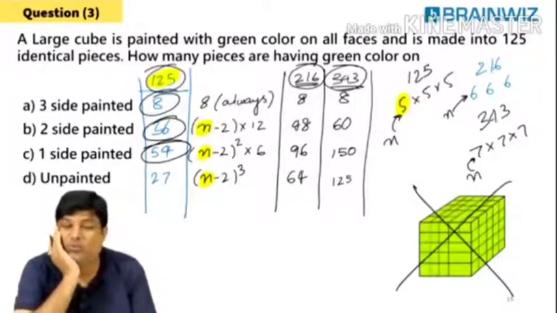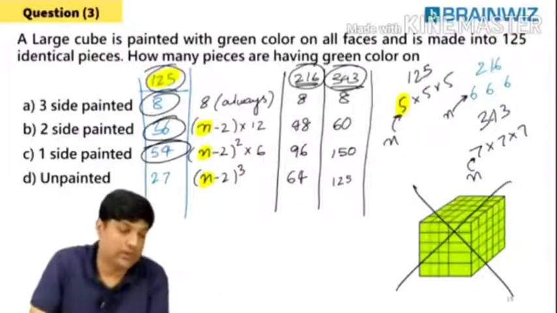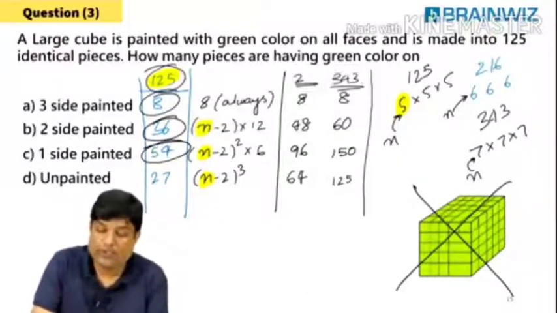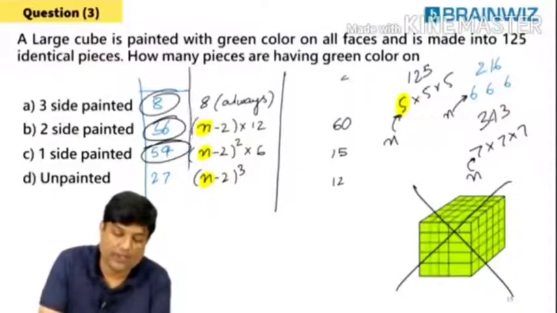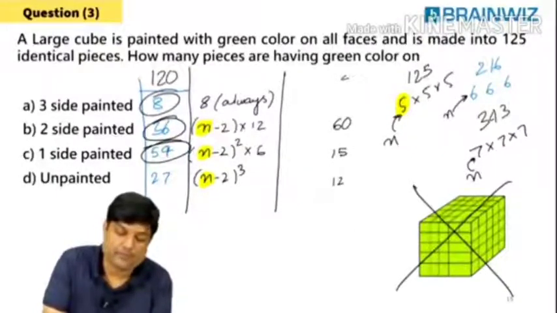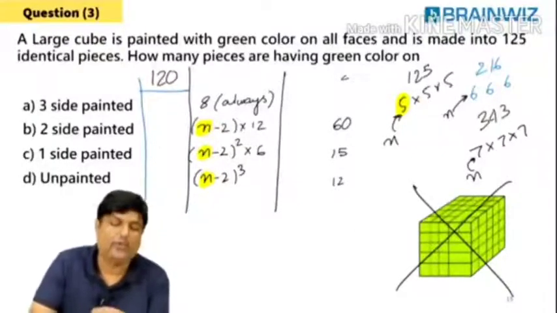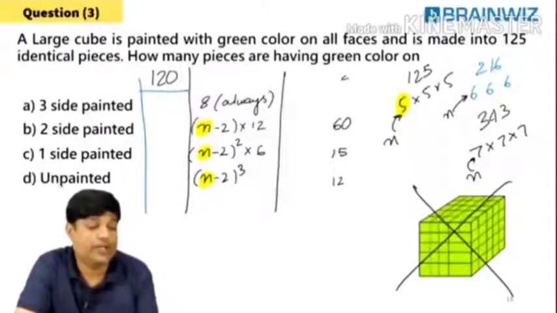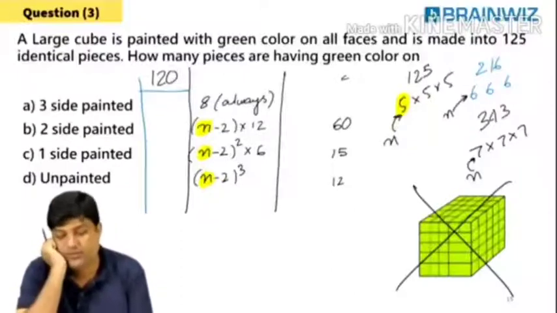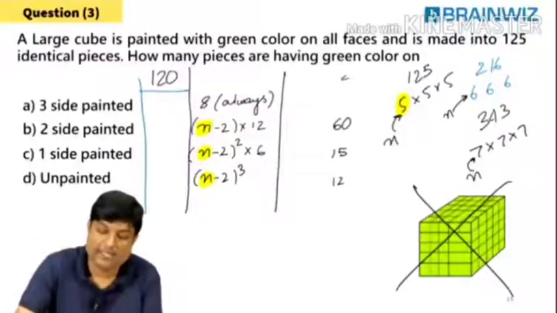When I'm giving you a perfect cube, you're answering very fast. Let's try to move forward, everybody. What if he's not giving you a perfect cube? Suppose he did not give you 125. He gave you 120. Following, everybody? So whenever he gives you 120, the formula is slightly changed. Listen, everybody. I'm going to teach you.